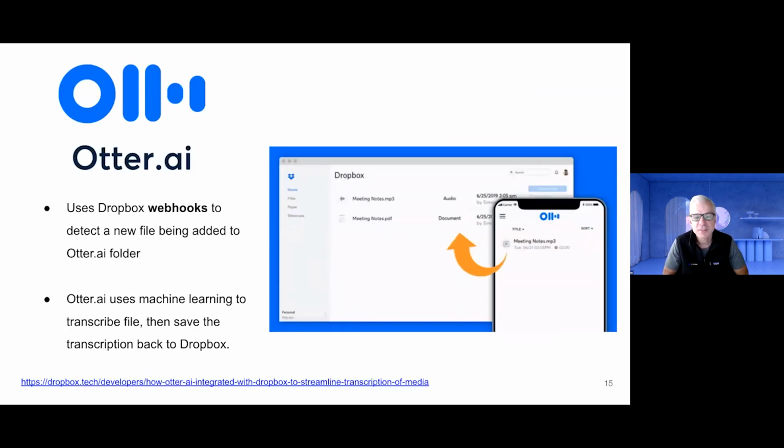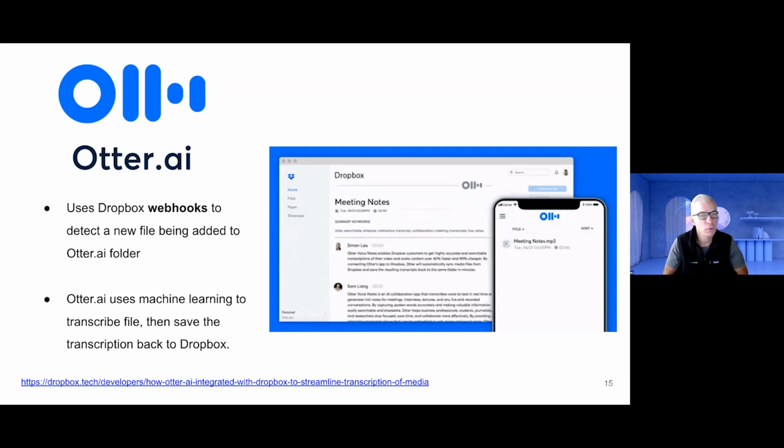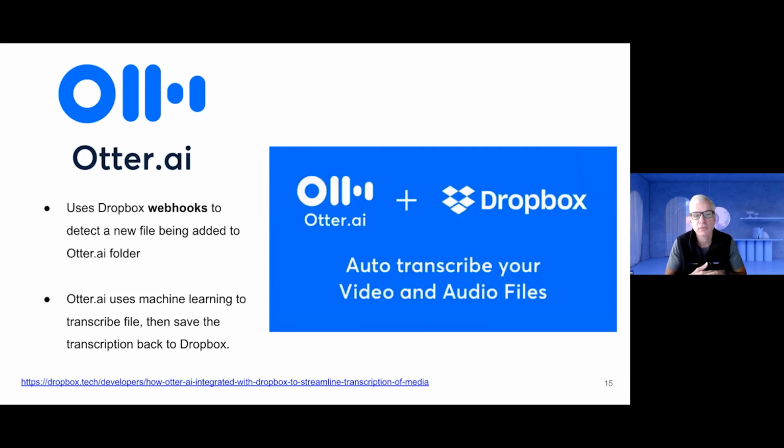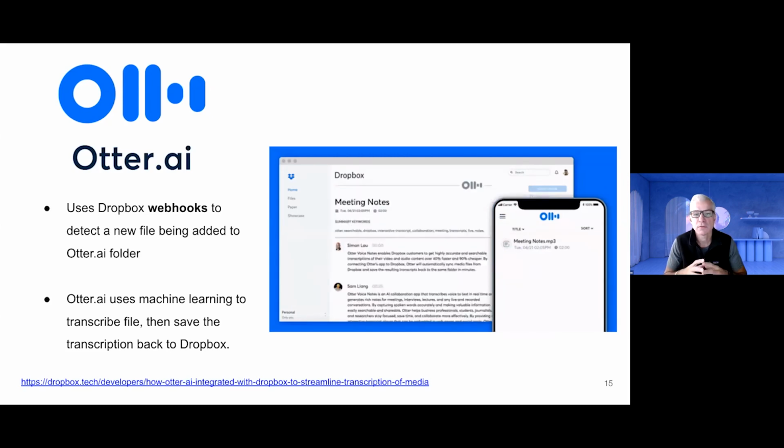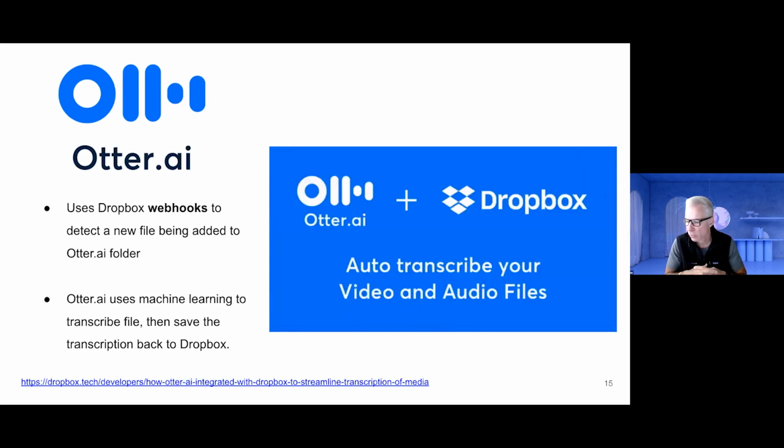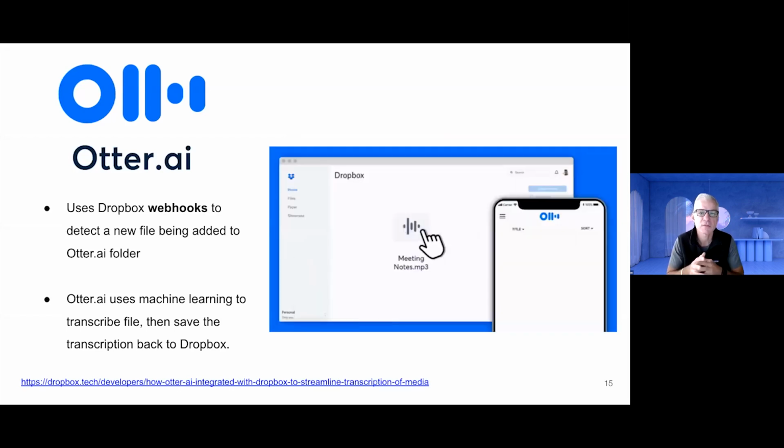OrderAI is a super nice example of manipulating content in your Dropbox account. It works with any type of Dropbox account. You need to have an OrderAI account. But if you connect both, what happens is that if you go to a conference and record some sort of a lecture, and you want to transcribe it to text,